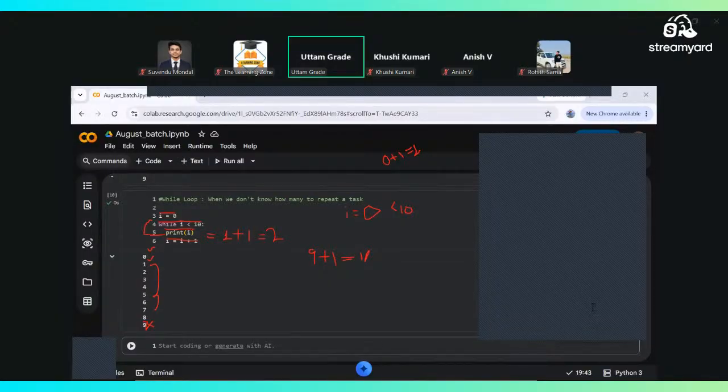So it will start in the while condition to increase the number, right? Why do we need to increase the number? Because if we don't increase the number, this while loop will end up in an infinite loop. How? Let me tell you,